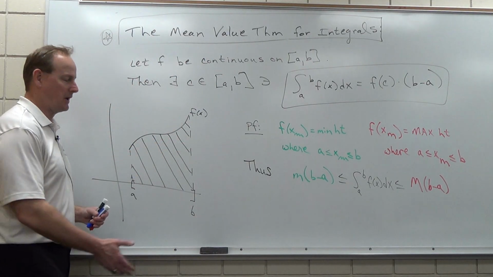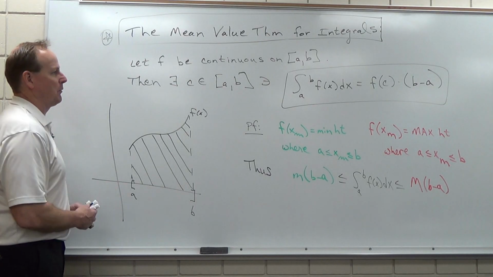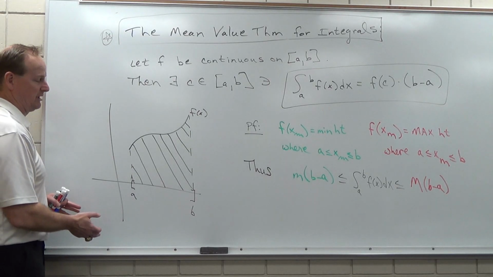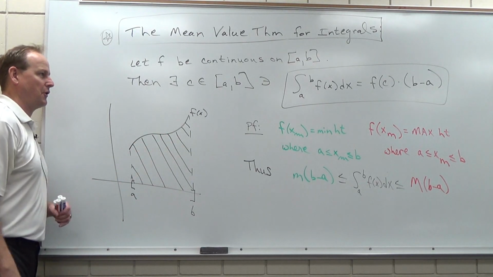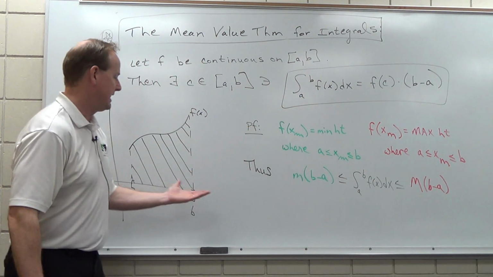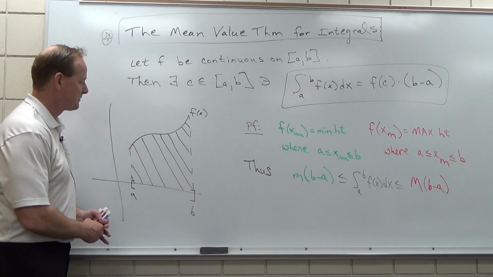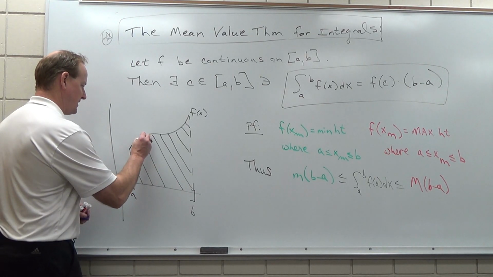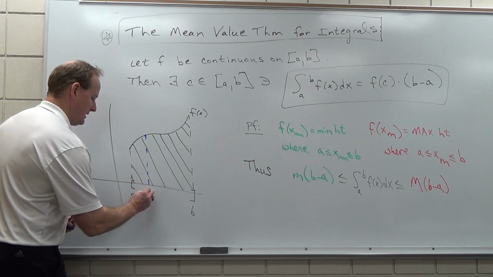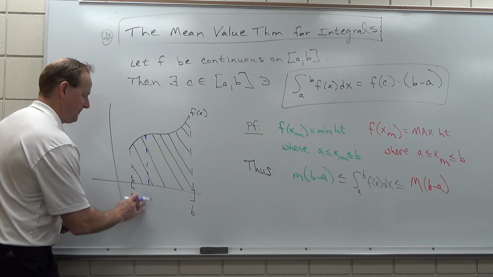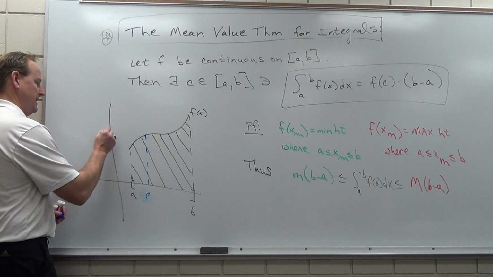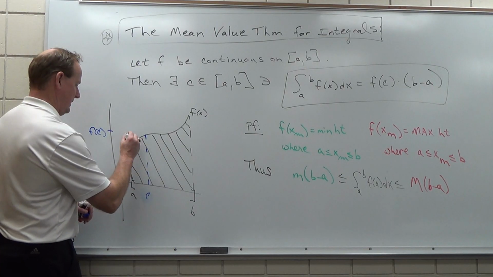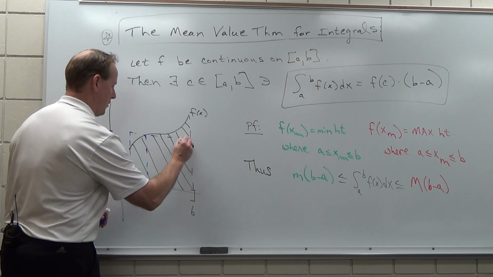I've got a little picture here. I'm going to come back to this picture. But basically what we're saying is this. We've got this true, in this case, because f of x is entirely on or above the x-axis, the definite integral from a to b of f of x with respect to x is actually the area of this planar region. And so what we're saying is there exists a c somewhere such that f of c is the height, right? And this height, f of c, times b minus a, which is the width, basically is nothing more than this box